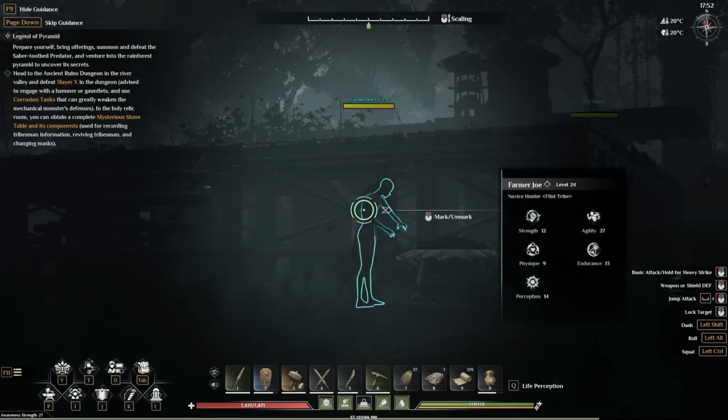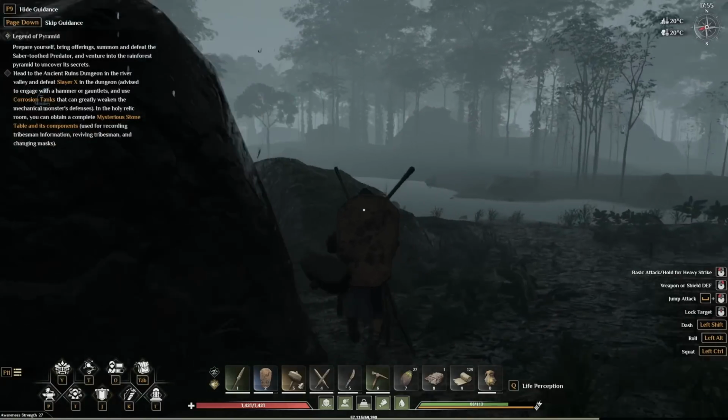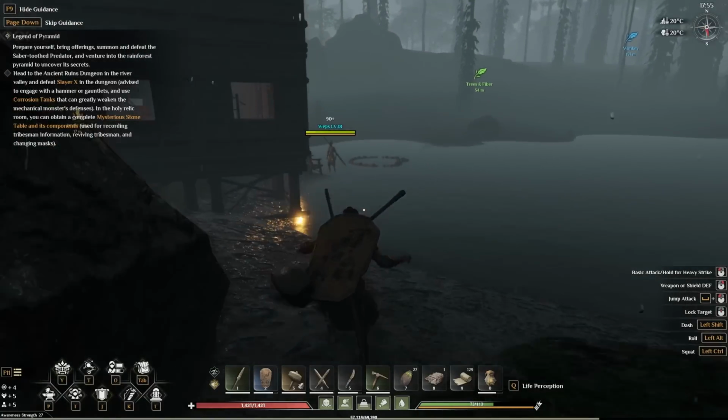But what you can also see is next to Farmer Joe's name, he's currently got an empty grey triangle, and his level also tells you there that he's a novice hunter. Now what you can do if you go out into the wild is check on these before you actually want to bring them back to your base. So I'm going to run over to some of the wild barbarians now to show you how this works